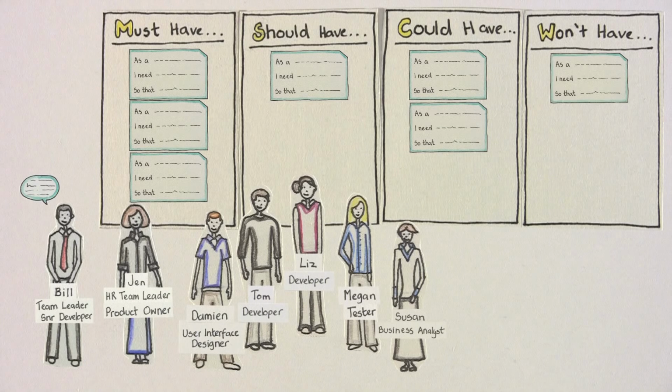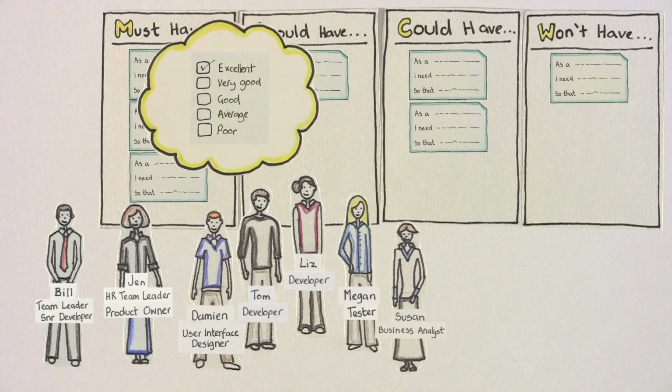Okay, let's do a sanity check, he says. If we only deliver the stories in the must-have column, would we have a minimum system that could be delivered? Well, as the product owner, if you can give me a system with these features, we could get started with performance reviews online, and that would make my peers very happy. The power of prioritizing with MoSCoW lies in the fact that it helps the team to get a shared understanding about what is most important to the customer in terms of business value.